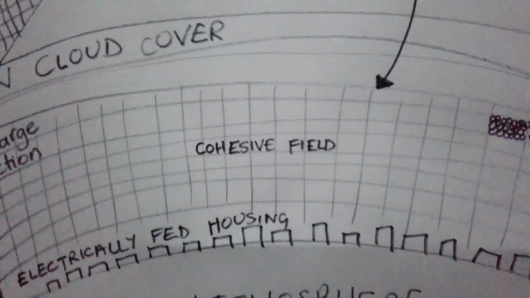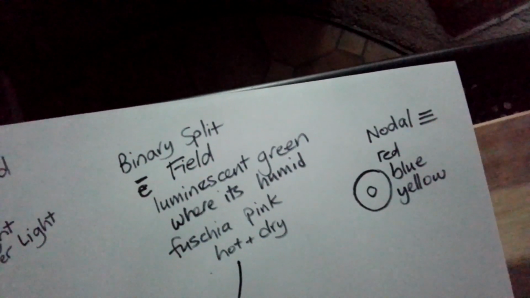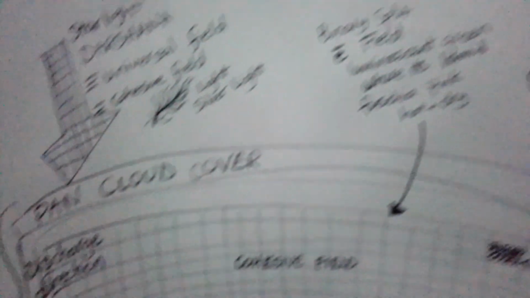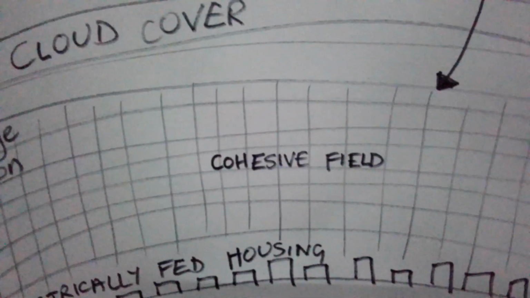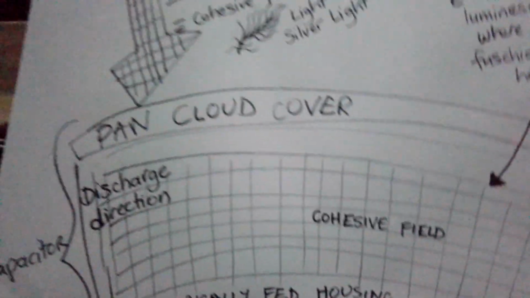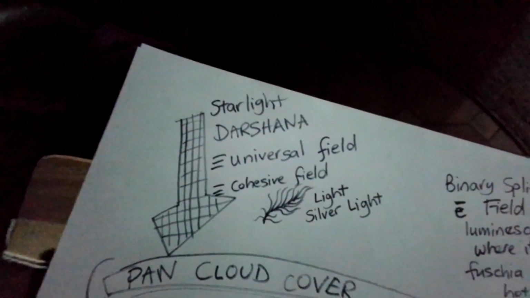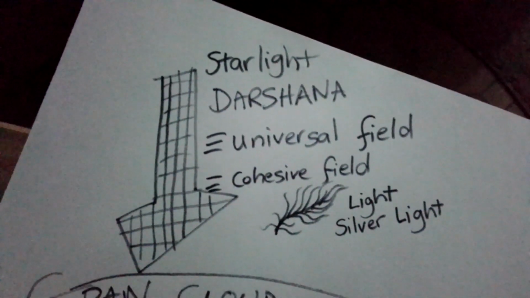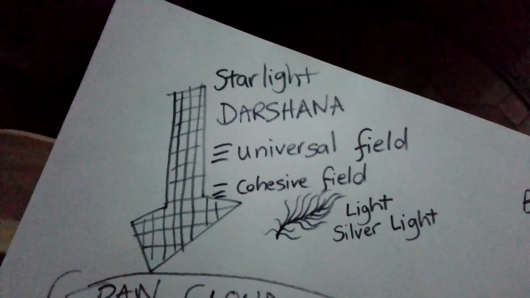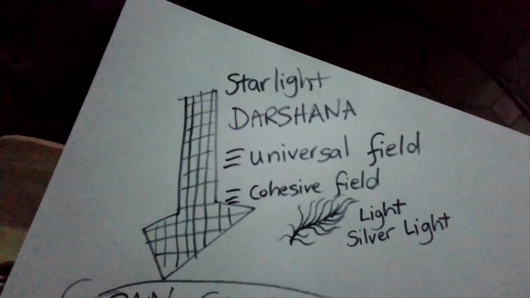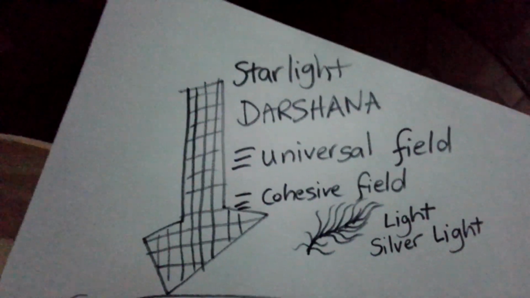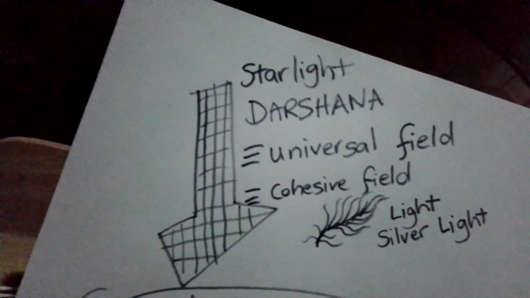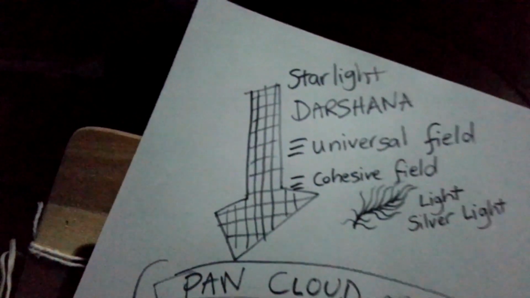The field can be confusing when you think about it as colours when it's full of compression waves that are moving, and you're building walls, like you're building brick walls like in Pink Floyd. Okay, just like in Starlight, you've got a cohesive universal field. In this case your light is silver light. In this case it's as light as a down feather, and the Indians call it darshana, star shiner. So this is always around the planet,